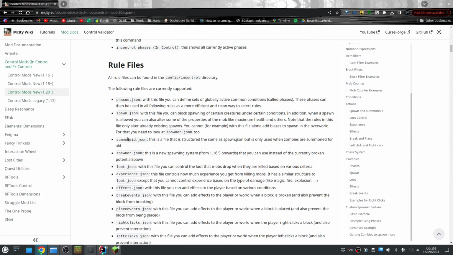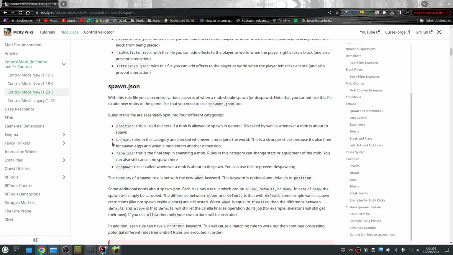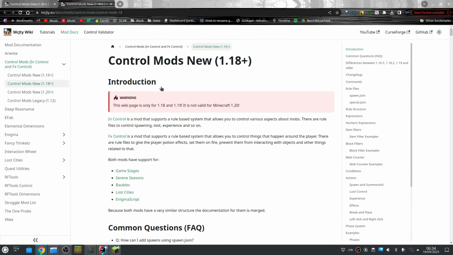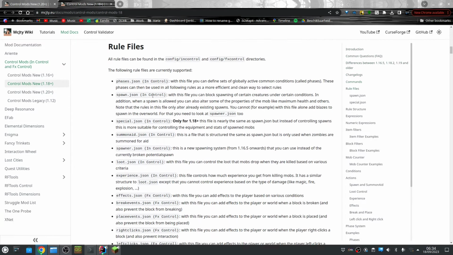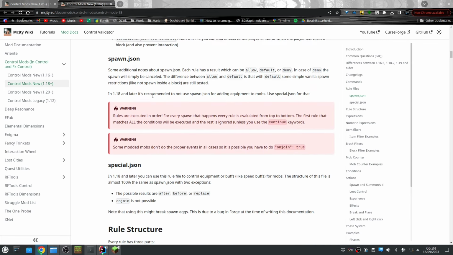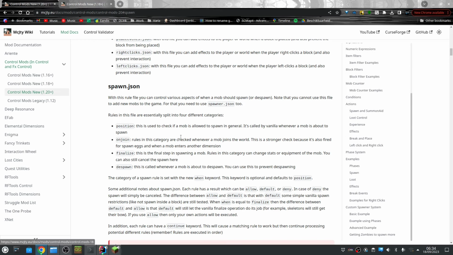So in this section here in the beginning, we go over all the rule files that there are. And this is also very important. This section is really important, and let's actually open the 1.19 version of that. This is actually a bit less explained. How to explain it? In addition to the ordering of the rules, there are actually 4 different possibilities. And this is controlled